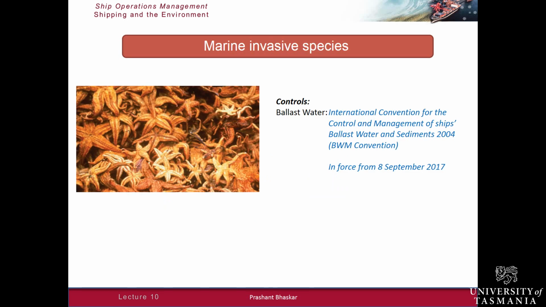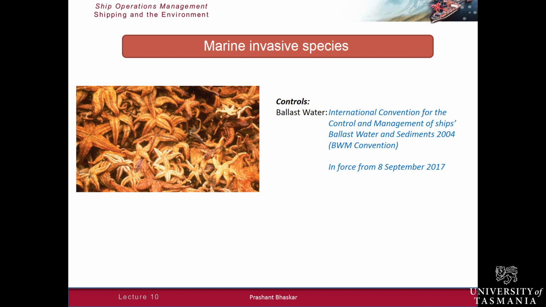Lastly, we can turn our attention to marine invasive species. And what do we mean by marine invasive species? Well, marine ecosystems are populated by different species. There are animals, plants, microorganisms, and they have evolved over a period of time in isolation, separated by natural barriers. But with shipping, those barriers have been broken. So the ships do bring, say, through the ballast water, species from one part of the world into another.